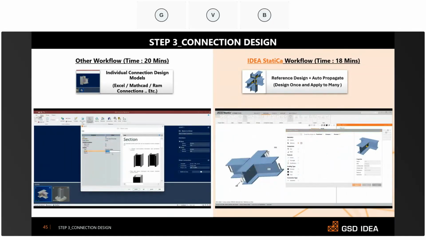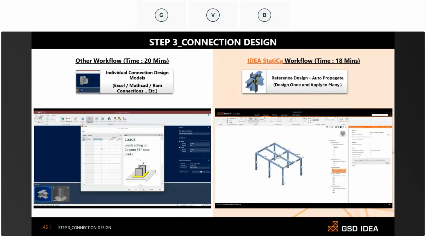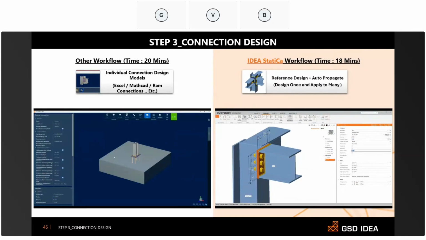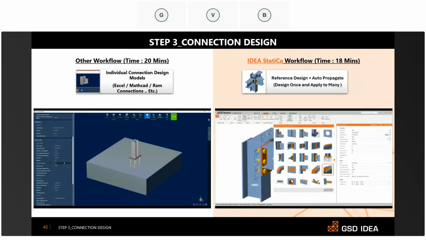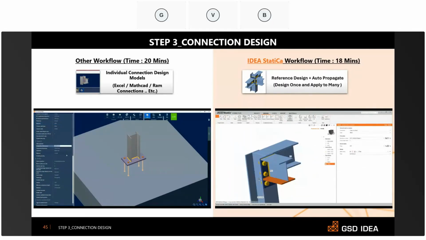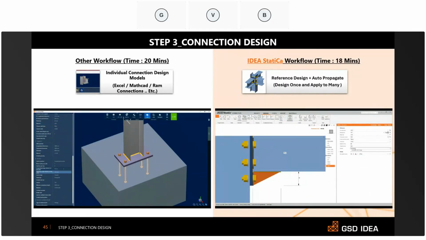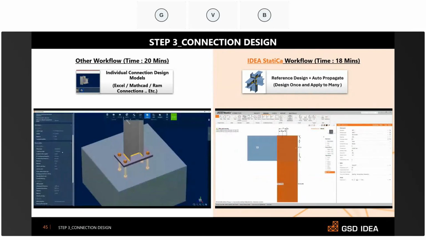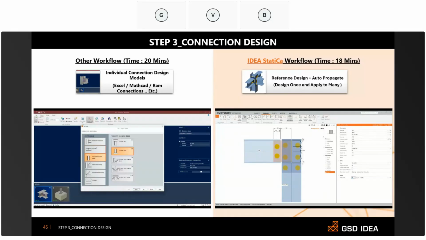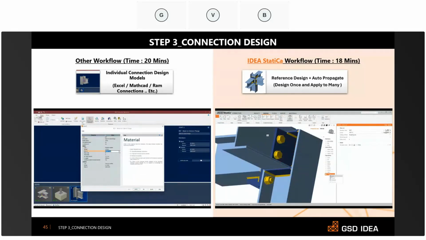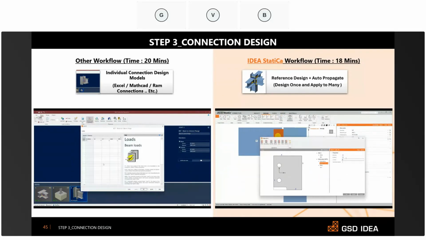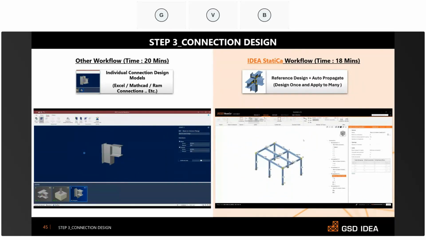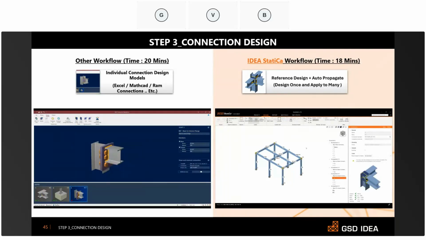And coming to IDStatica, in a group, we'll have a reference connection and the dependent connections. Once you assign design operations to the reference connection, all the templates which were there in the reference connection will be auto-propagated to the dependent connections. So you are checking every node in your structure, but for their corresponding load combinations. So the process is this, and in the IDStatica, it's the last group,